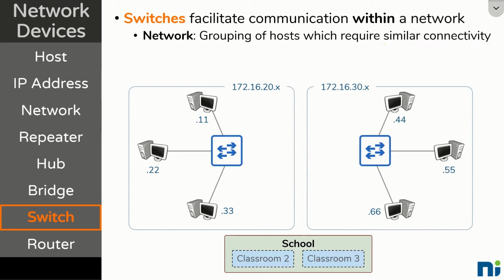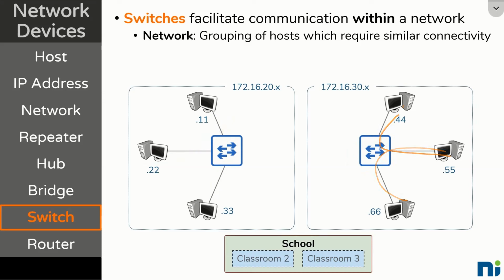For example, maybe these computers over here all belong to the biology classroom, and all they need is simple internet connectivity. But maybe these computers over here belong to the computer science classroom, and they not only need internet connectivity, but also access to various cloud resources to do their studies. Well, since these computers have different connectivity requirements than these computers, it's a good idea to separate those out into separate networks. Now, in both cases, we can still use switches to facilitate all the communication within the networks, meaning this switch can handle all the communication between these three hosts, and